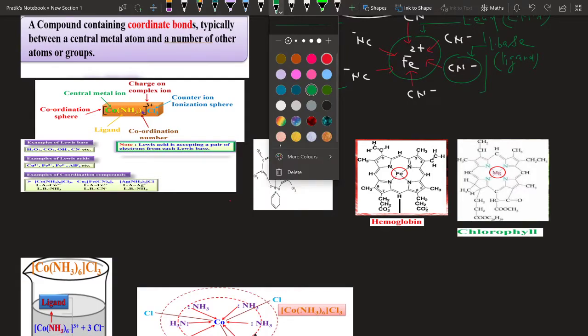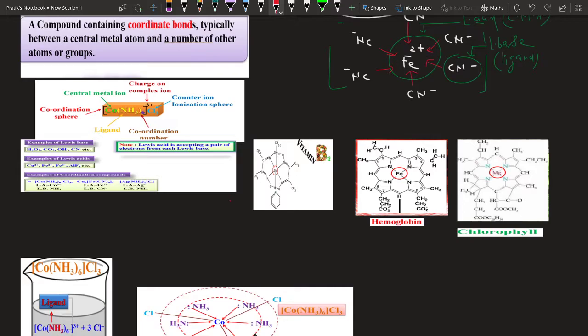Can you see this part? See, the part which is enclosed in the bracket remains unbroken in water, or it very slowly breaks in the water. So this part is treated as ionizable or non-ionizable? Since this part is non-ionizable, it consists of a metal which is intact with the electron donor group, which is referred to as what? Ligand. And this number of ligands